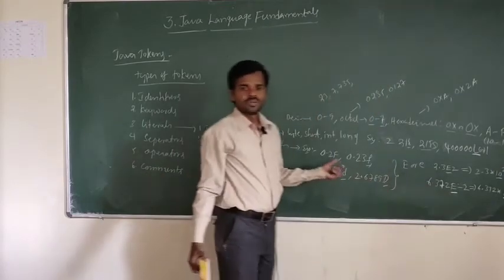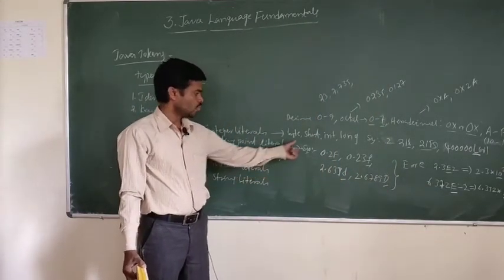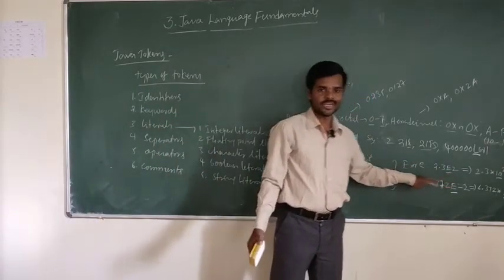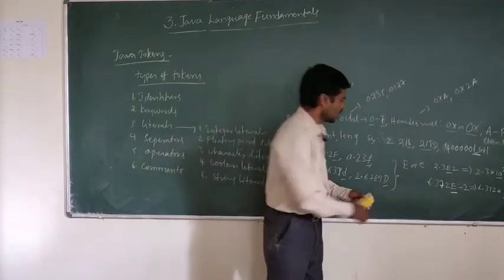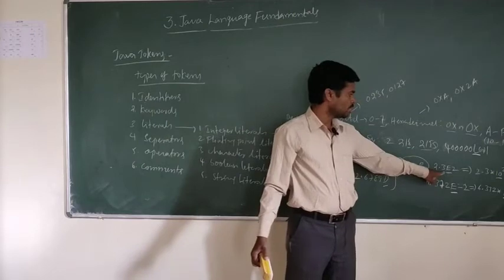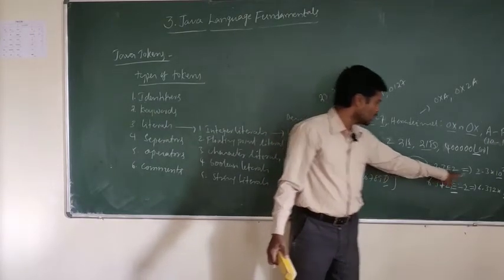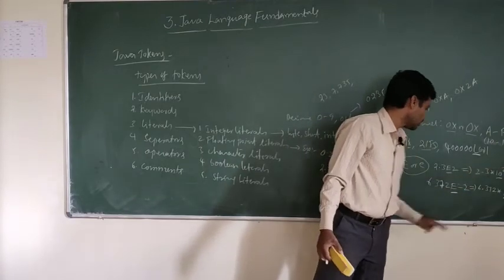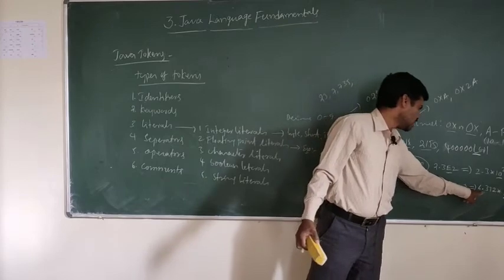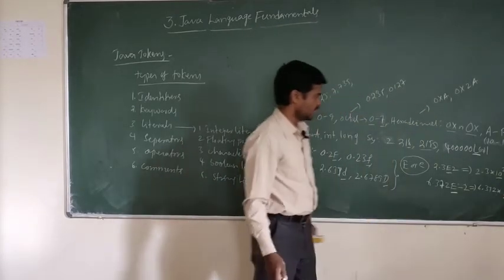Suppose if you have any larger values, long values which contain float and double, you can also define them with the exponential notation, that is capital E or small e. So for example, this is the example for exponential form: 2.3e2. This you can also write as 2.3 into 10 to the power of 2. Similarly 6.372e minus 2, this you can also write as 6.372 into 10 to the power of minus 2. Okay, like that you can define.